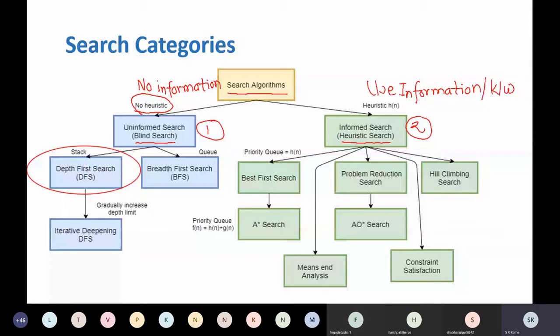Now what is information, what is the difference between information and knowledge? Yes, anybody? There is a difference between data, information and knowledge. Yes, pardon?